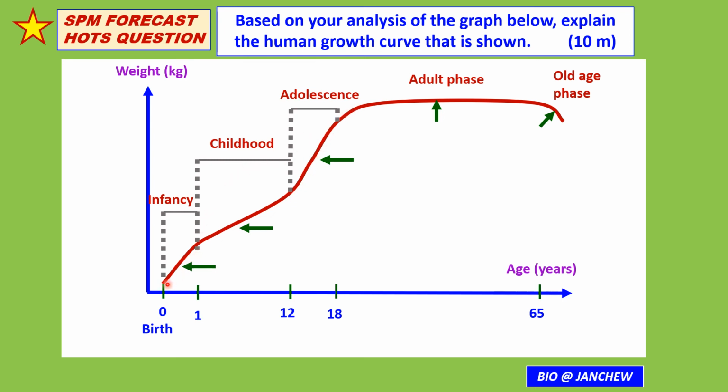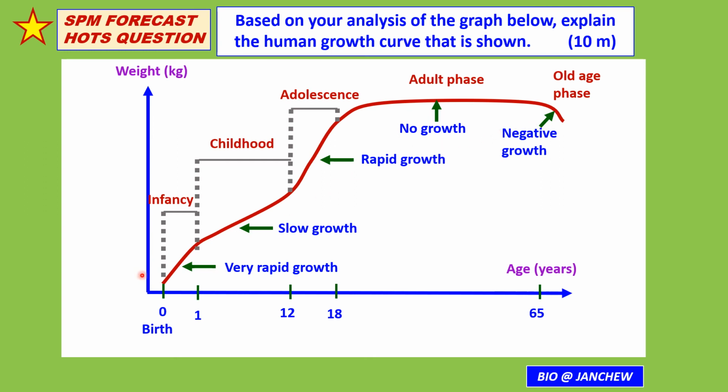As you can see here, there's this first stage during infancy when the growth rate is fast and the gradient is steep. The gradient of the growth curve is steep, and also during adolescence. You can see another steep section here, a curve where the gradient is steeper, right? So during infancy, there is very rapid growth, and then during childhood, the growth rate slows down a bit. Then during adolescence, there's rapid growth again, and then during adult phase, there's no growth, and during old age, there's